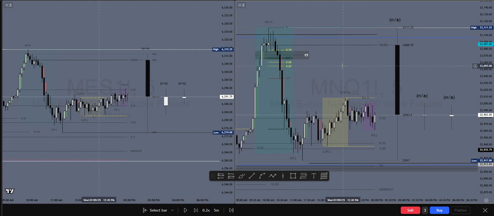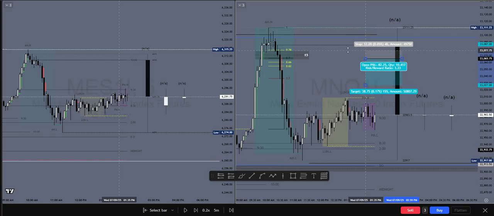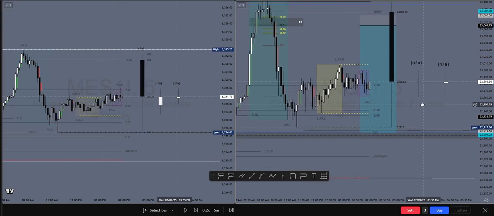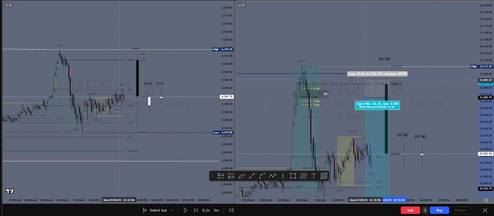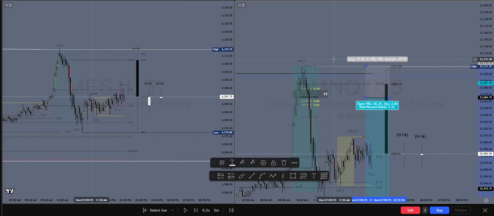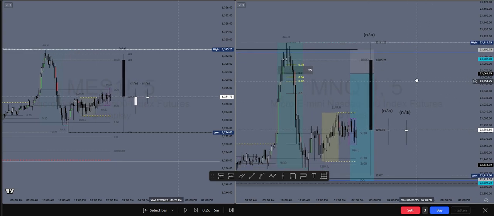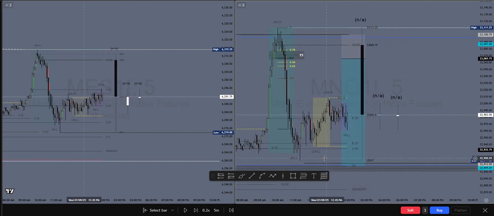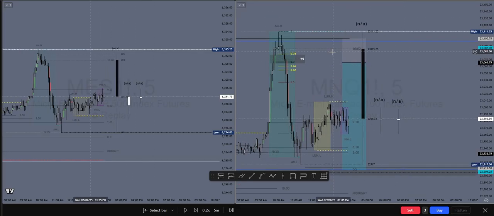We have a key level which will support our stop loss. Depending on your risk, you could put it above the 0.78, and our main target would have been right up here. But if you want to be safe, for a guarantee, knowing that this level is safe, we would put our stop loss right here and target the opposite side, which is also supported with another key level. So right here,